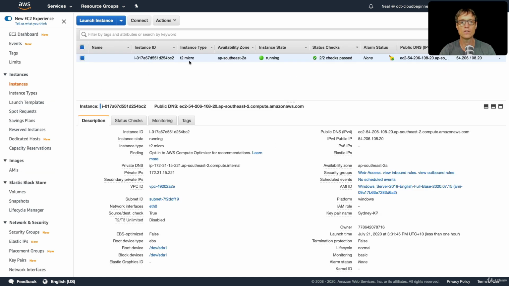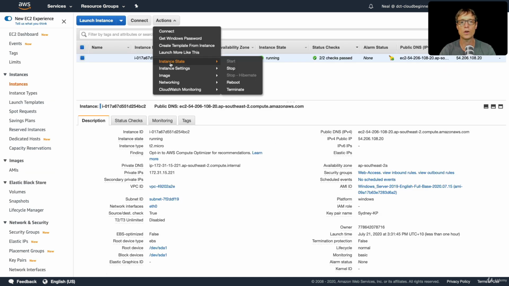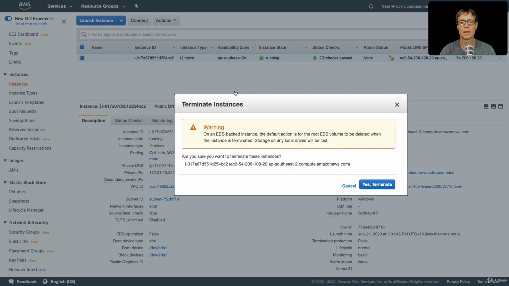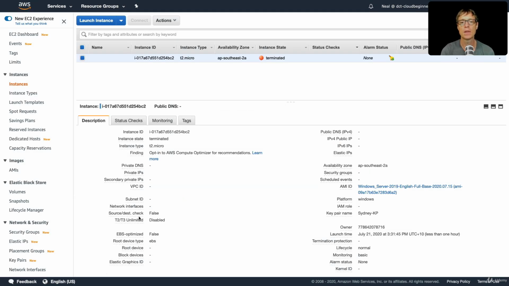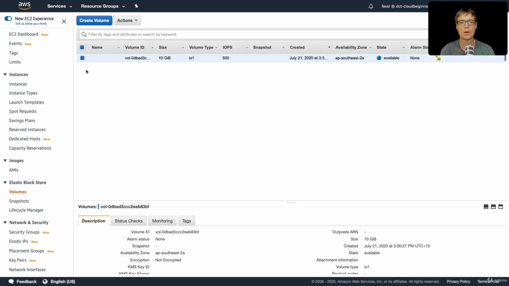Now we can terminate this instance because we're not going to use this instance anymore. So let's just terminate the instance. So we're going to leave this lesson here. I've terminated that instance, but we've still got our EBS volume, which we're going to attach to another instance in another lesson. And before we do that, in the next lesson, I'm just going to teach you about instance